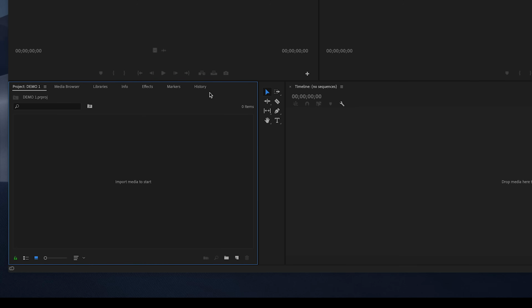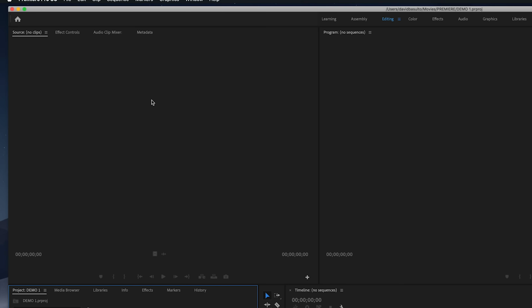So let's leave all these other tabs alone. This is the project demo. Project panel, and this is where you're going to find all your footage. You're going to import into here. Once it's imported into here, you can double click on one of them and it's going to open up here